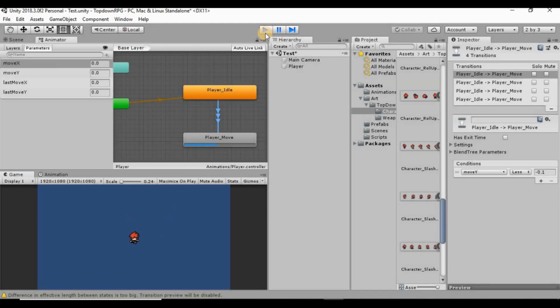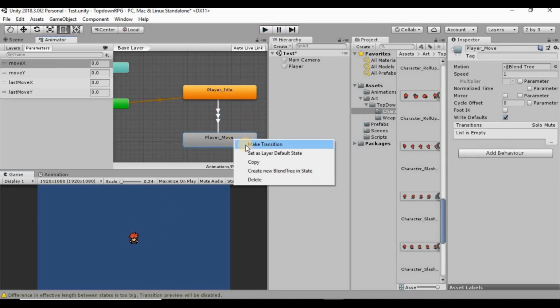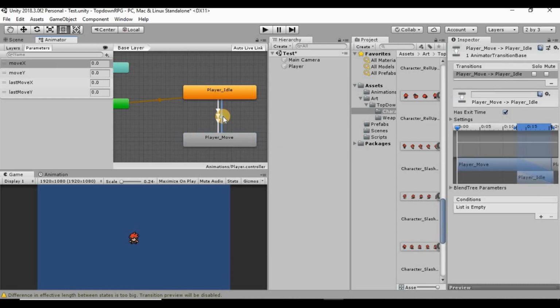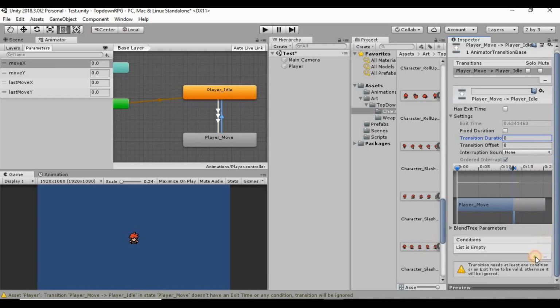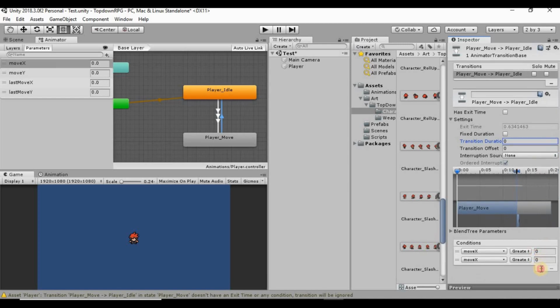So exit play mode, and we're gonna make a transition from our move blend tree to our idle blend tree, and we just need one transition for this one, just basically saying that we are no longer moving. So if we click that, turn off exit time, open up the settings, turn off fixed duration, transition duration set to 0, and we're going to have 4 conditions here,